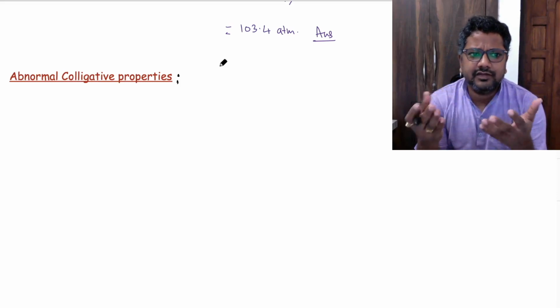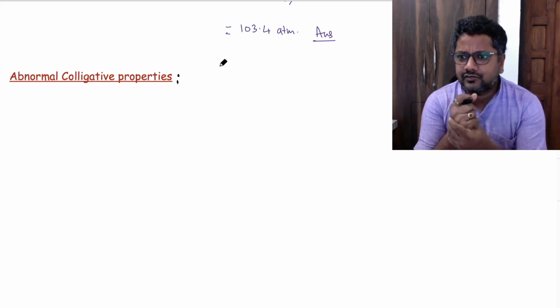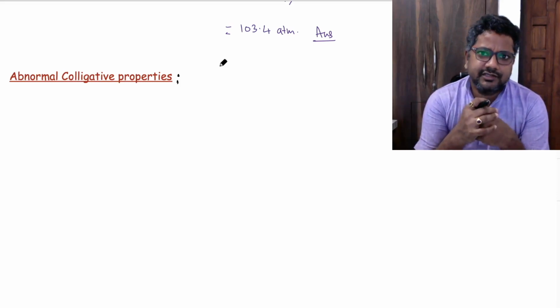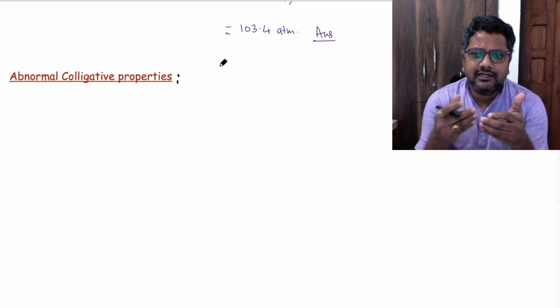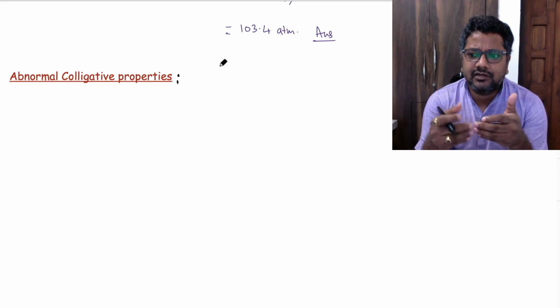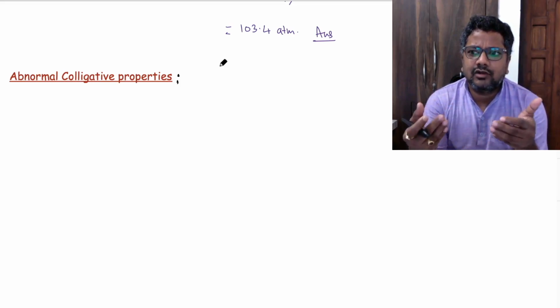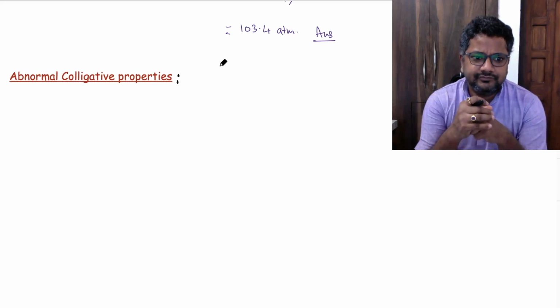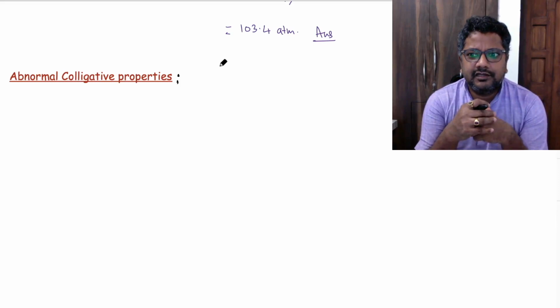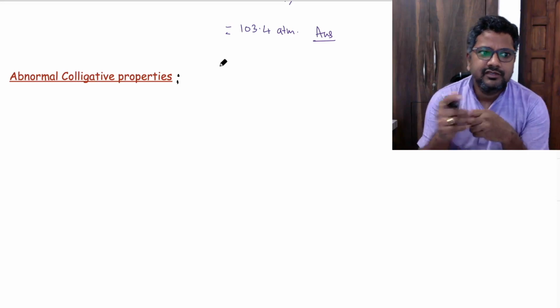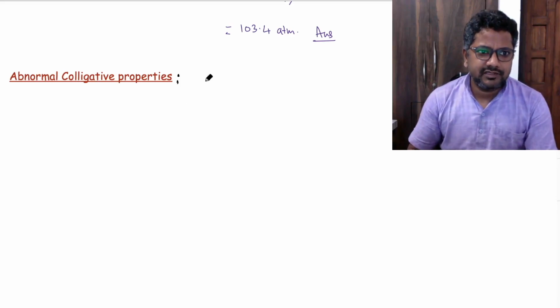So when solute gets dissociated or associated after mixing, the number of particles is more or less than what you are expecting. In this situation, your observed colligative property is not equal to the calculated colligative property. So abnormal colligative properties means